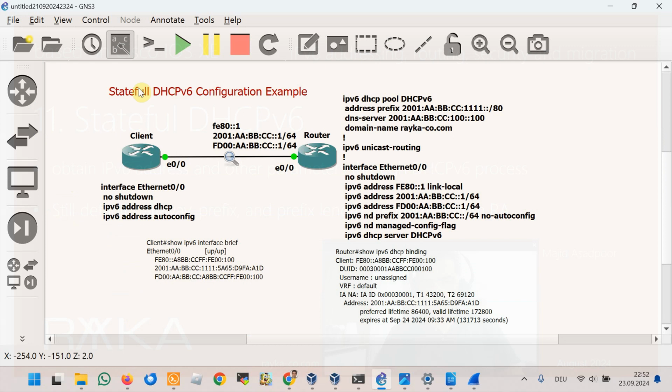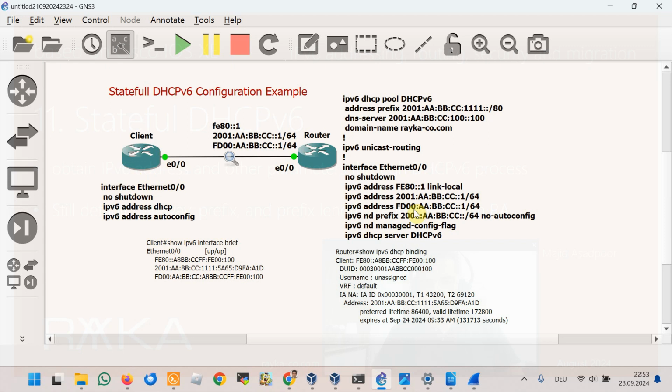Now the client side must be configured. I've already configured it, but the interface is disabled. When I enable the interface ETH0/0 in the client, it's expected to start the DHCP version 6 process to obtain an IPv6 address in the global unique prefix, but still use the SLAAC process to receive an IPv6 address in the range of the unique local prefix.